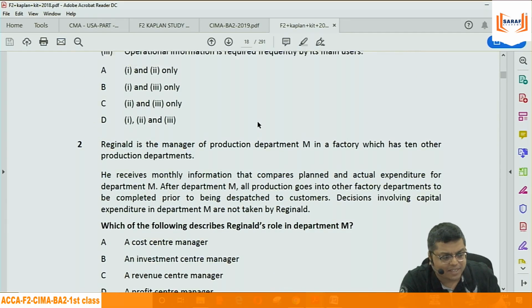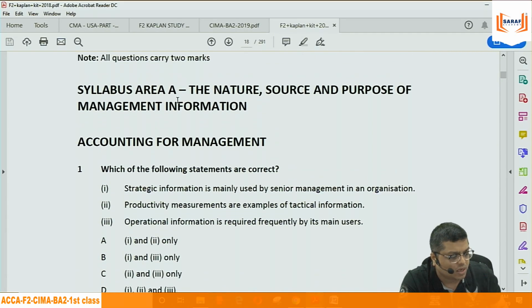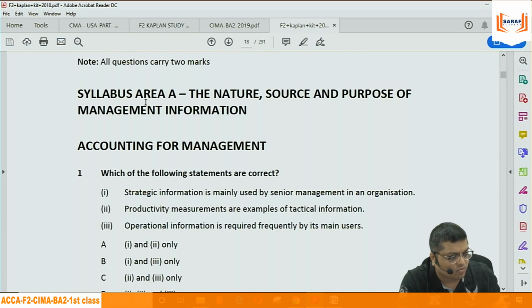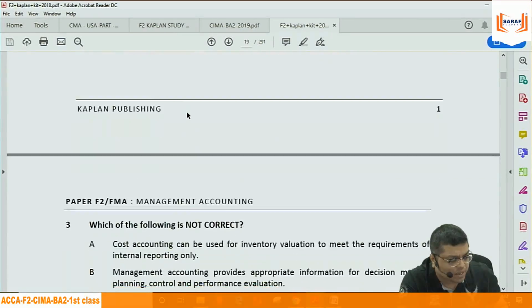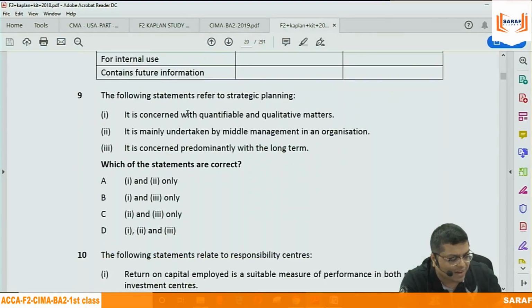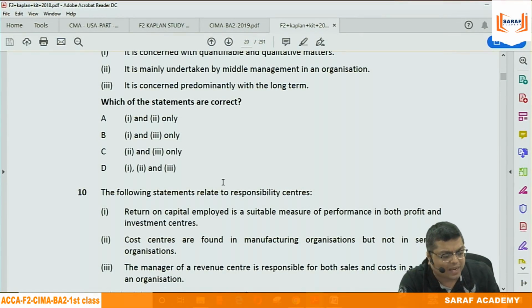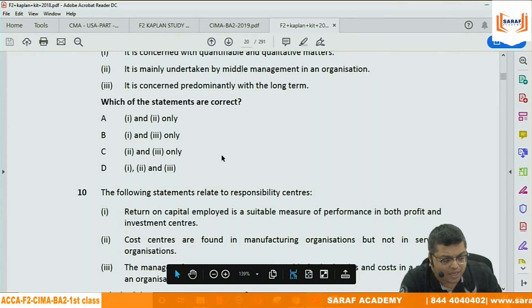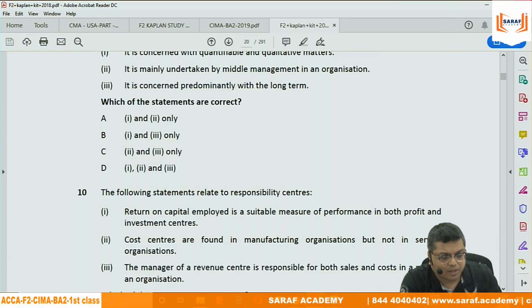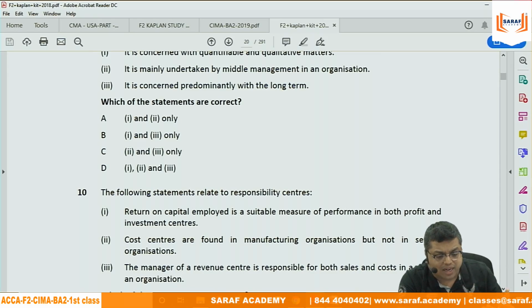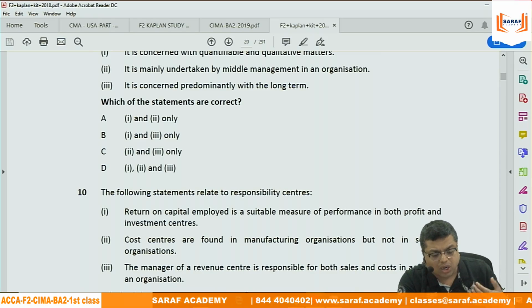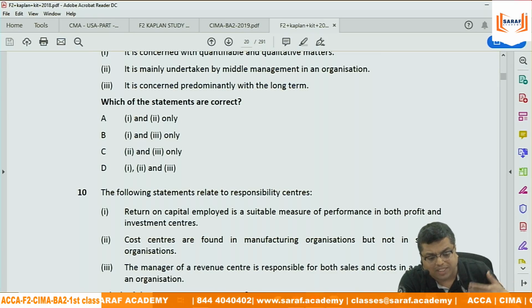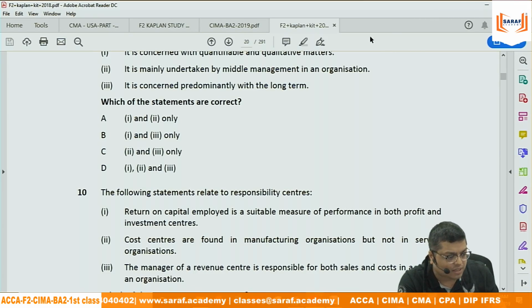Actually, there is generally a separate sheet in most of the books where they have written which area they are covering. But here that is not there. But whenever I am doing any topic, I will tell you from which question number to which question number you can do from this exam kit. In the class, I will generally give examples of my own, or I will refer most of the questions from the study text.